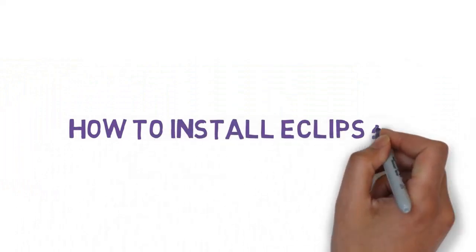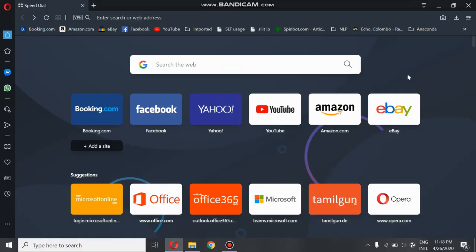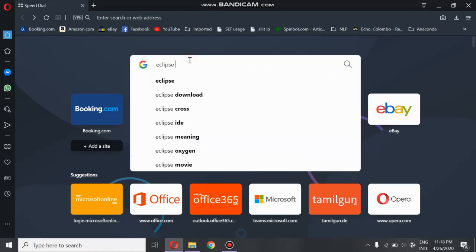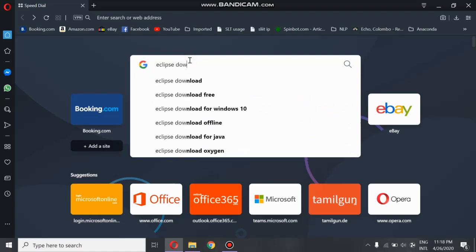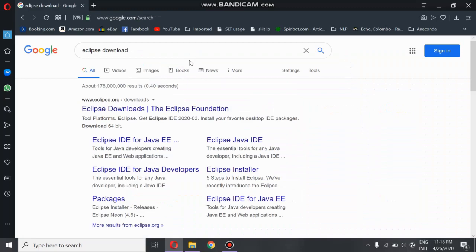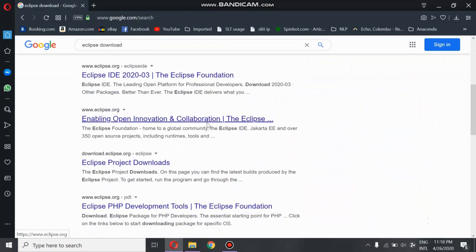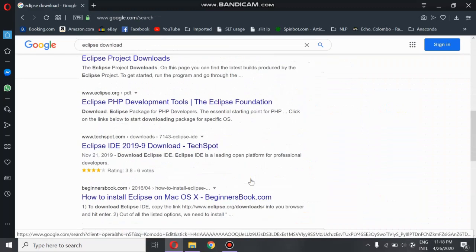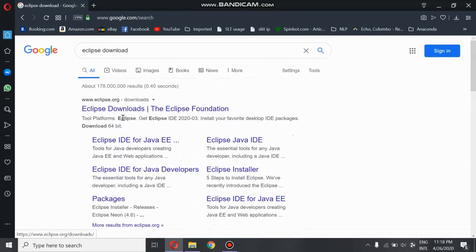In today's video we are going to see how to install Eclipse. Before installing Eclipse we need to download the exe file. So just type Eclipse download in your browser and press enter. You would get several links, but you have to select the first link,